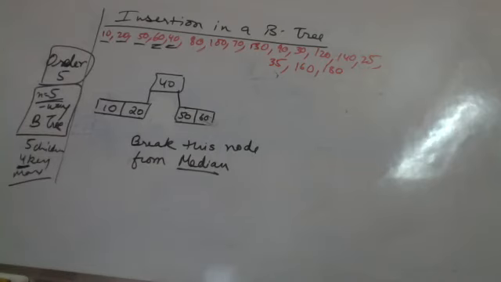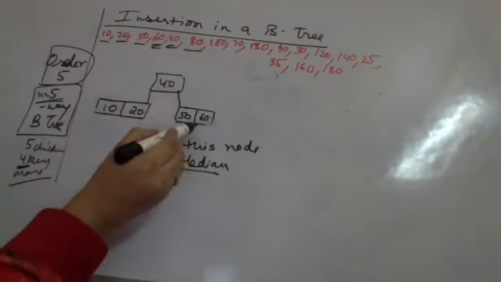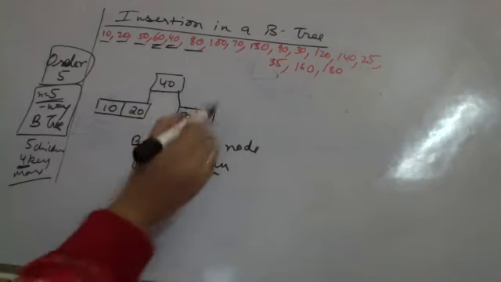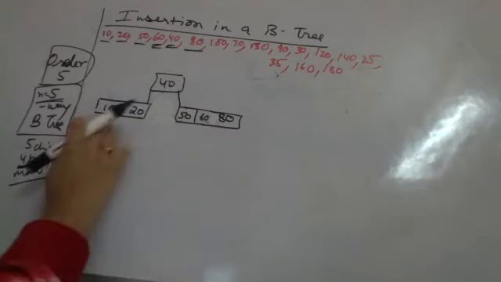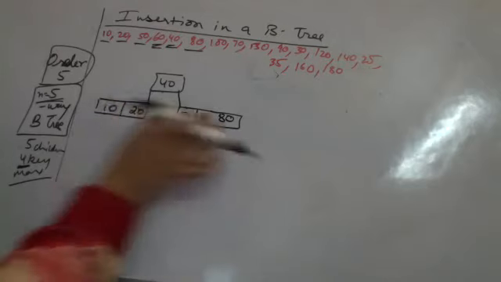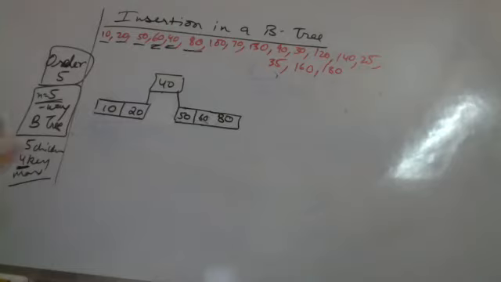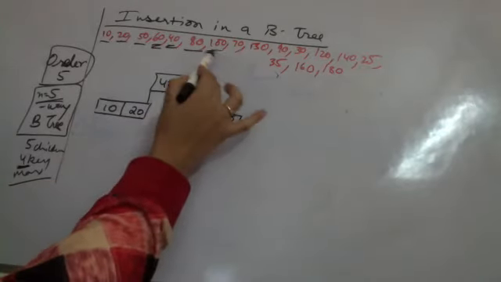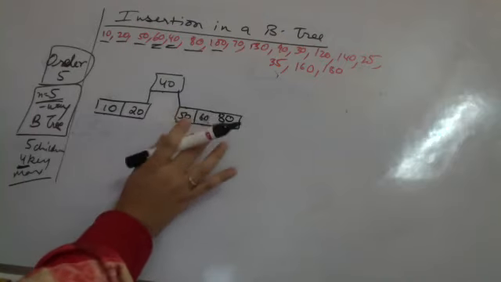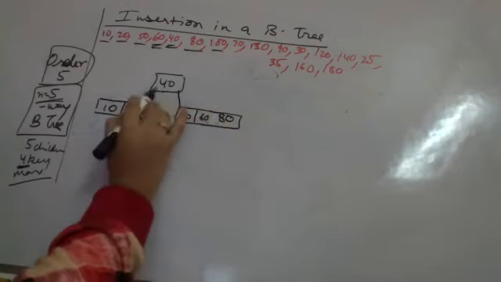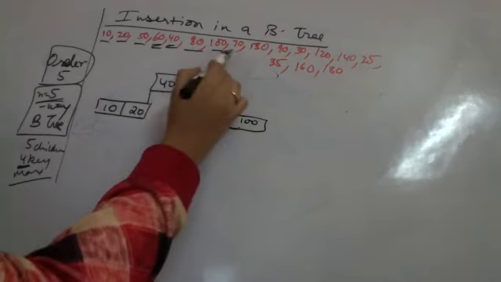Yes, ma'am. Okay. So now when I need to insert 80, 80 is greater than 40 and 80 is greater than 60. So it can be inserted over here. No issues. See, these are leaf nodes. So there can be any number of children here in the leaf node. There is no condition on that. Then I have to insert 100. We don't have any non-leaf nodes with children yet, keep that in mind. So 100 is greater than 40, greater than 80. 100 can be inserted over here. Now I have to insert 70.